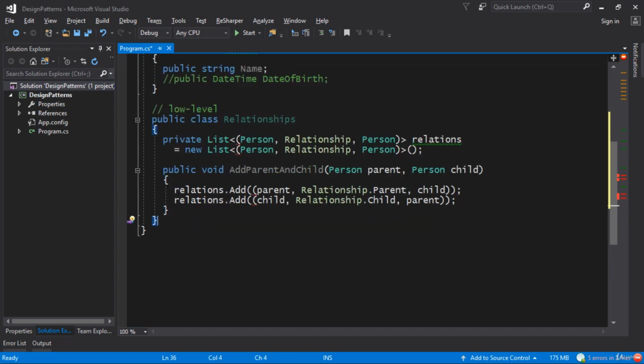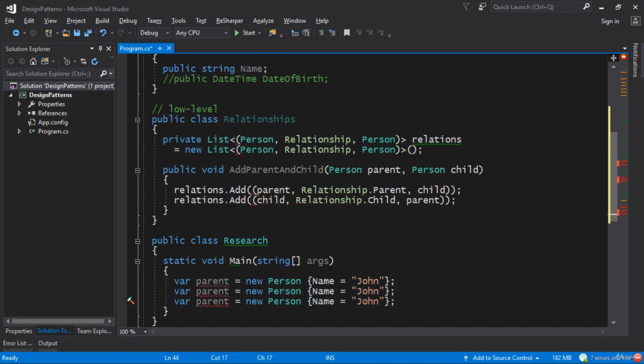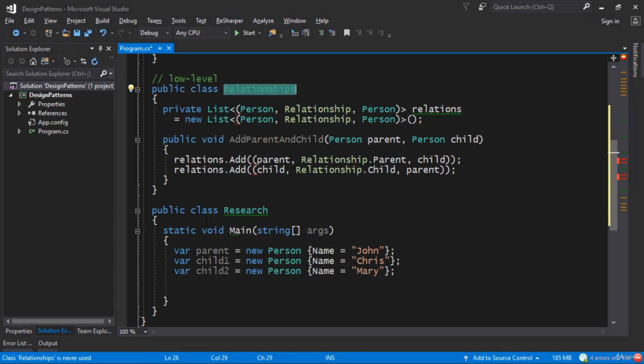if we want to find out all the children of a particular person? Well, let's actually do this. Let's make a class called research. Now in the main method, I'm going to set up a scenario. So I'm going to have a bunch of people. I'll have the parent as a new person with the name John, for example, and then I'll have children. So we'll have child 1 like so, and child 2 here as well, and I'll call them Chris and Mary. There we go. So John has 2 children, and we can define the low-level relationships module to kind of encompass